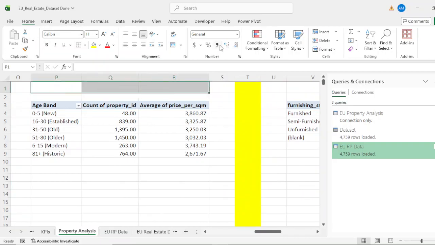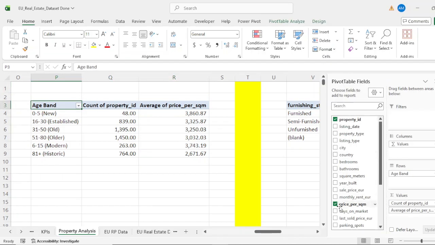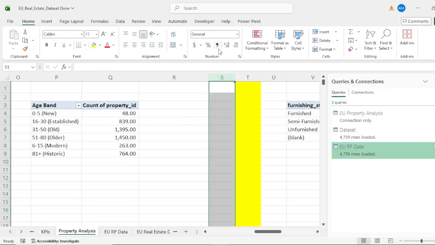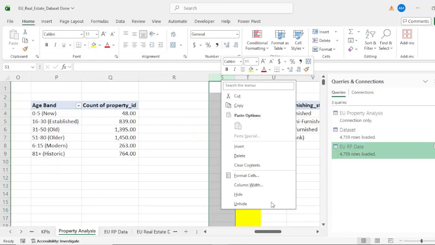We just need to make it in a different way. So let's remove this price per square meter. We just need to remove this. Okay, now